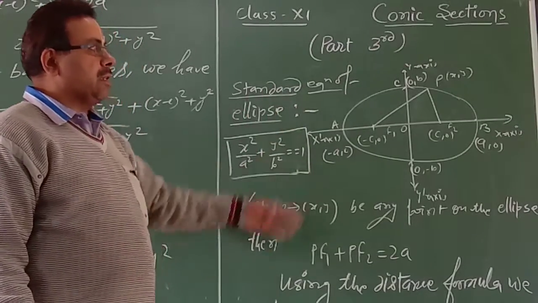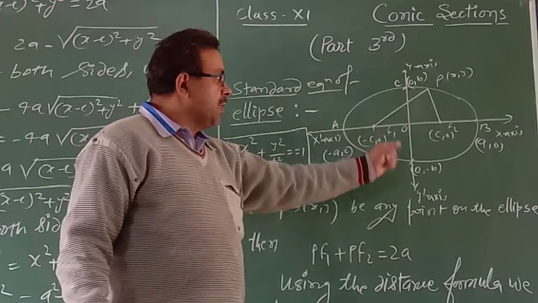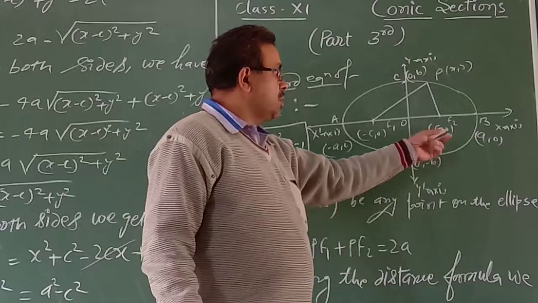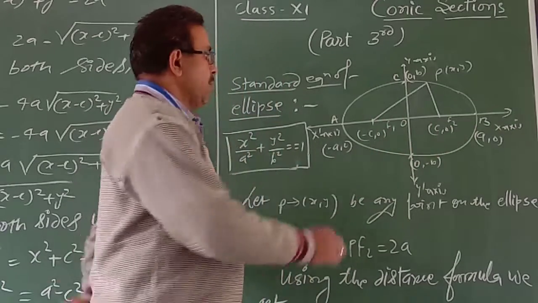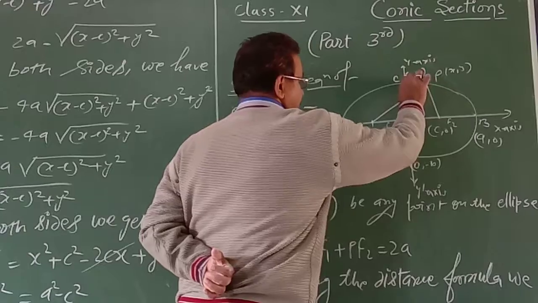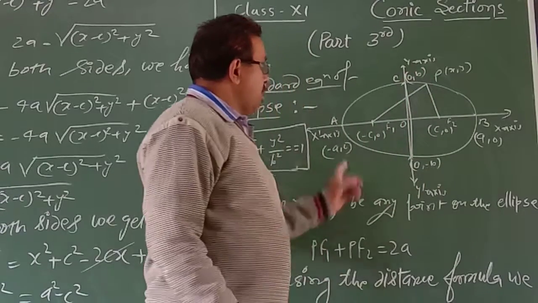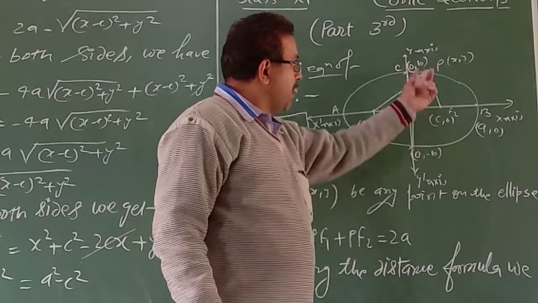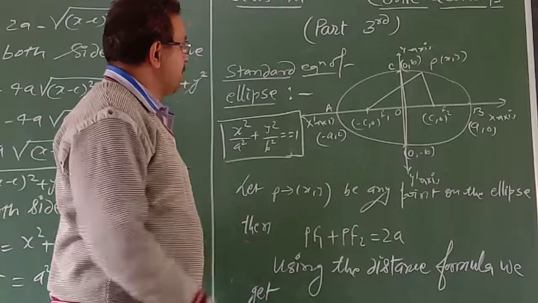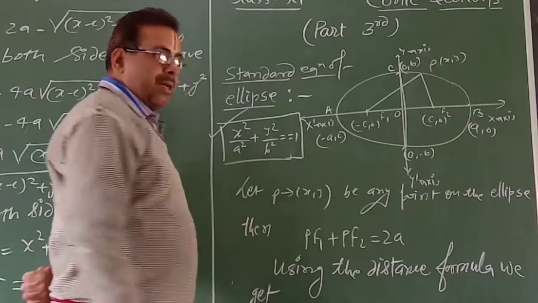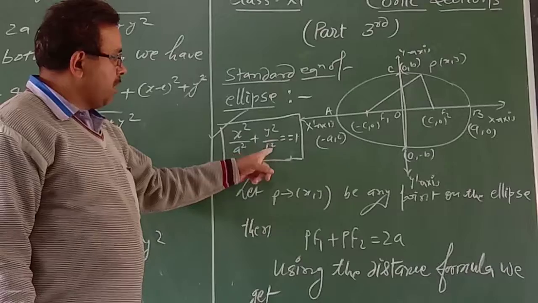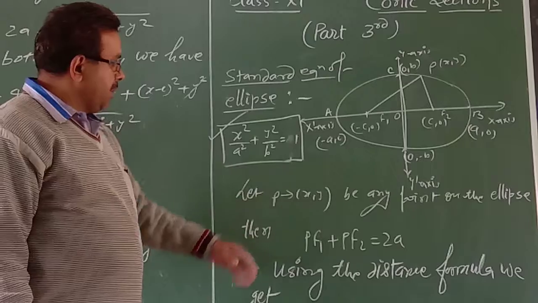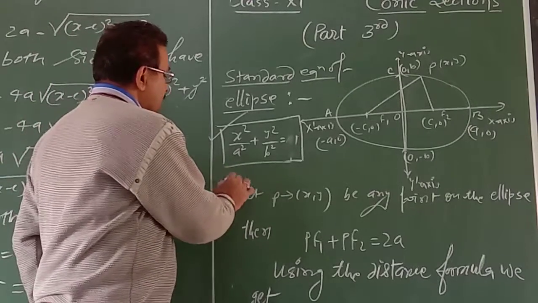सबसे पहले अब आपको ये जानना चाहिए कि इलिप्स का स्टैंडर्ड इक्वेशन क्या है। तो यहाँ पर जैसे हमने दो फोकी के कोऑर्डिनेट -c0 और c0 एलॉन्ग टू एक्स एक्सिस दिया। ये आपका मेजर एक्सिस है और ये आपका माइनर एक्सिस है। A और B आपके वर्टेक्स हैं। So the distance between two vertices will be here 2a. By the definition of ellipse, standard equation of ellipse आपका ये है x² by a² plus y² by b² equal to 1.